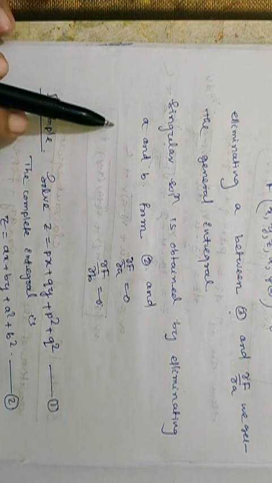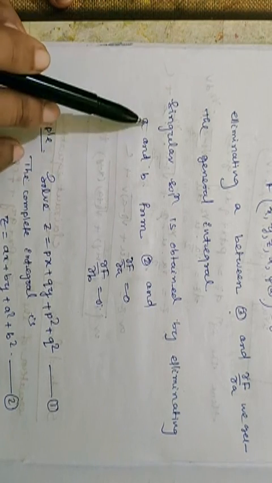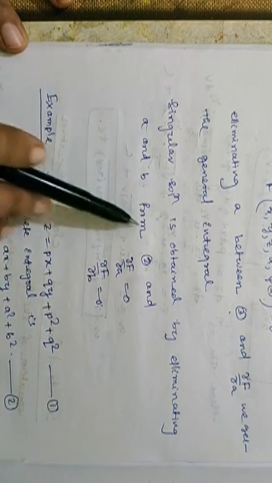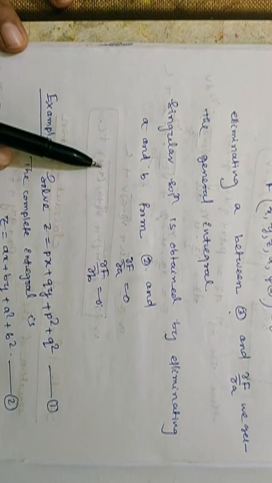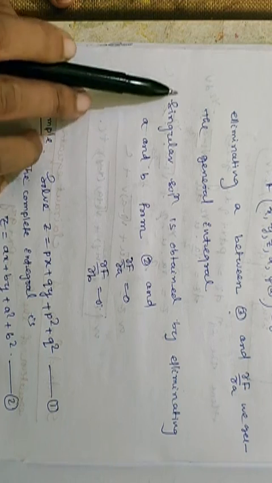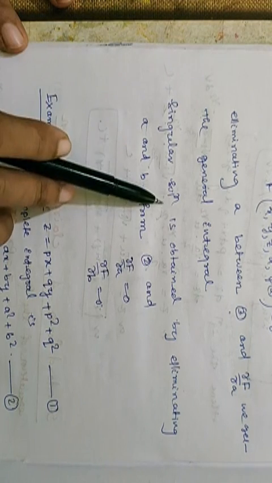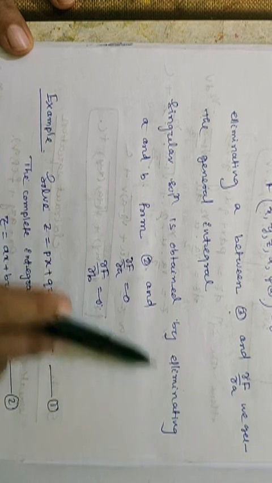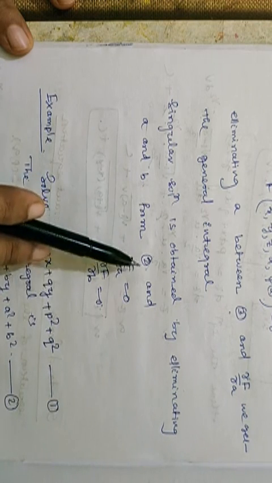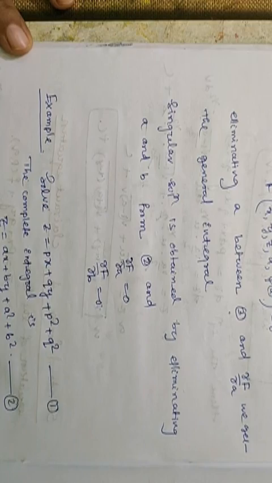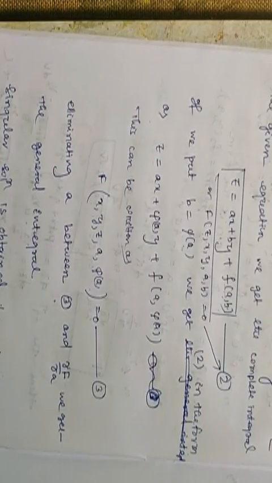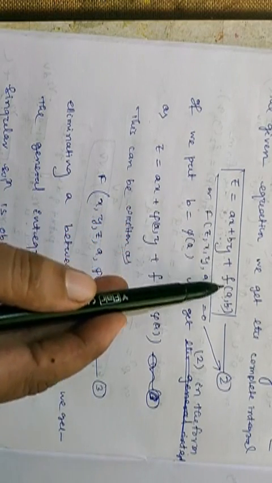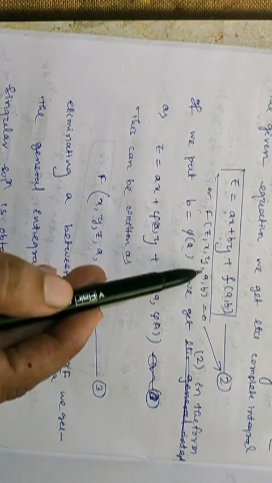Now if it is of this form, Clairaut's equation or standard form 4, we can find a singular solution, which is not the same as the general integral. This is the most important part of Clairaut's equation, to find the singular solution. And how is it obtained? A singular solution is obtained by eliminating a and b from equation 2, the complete integral which we have obtained here: z is equal to ax plus by plus f(a,b).